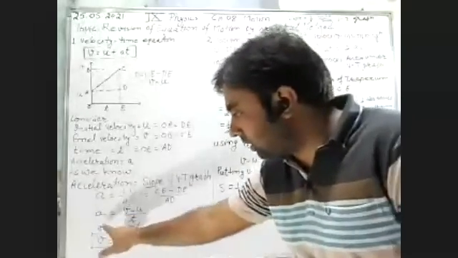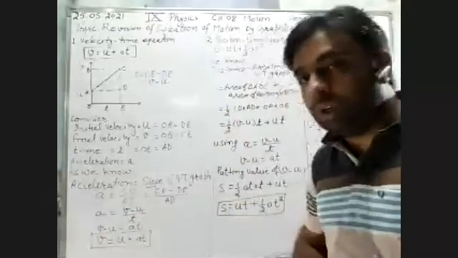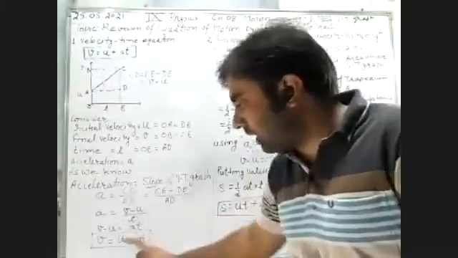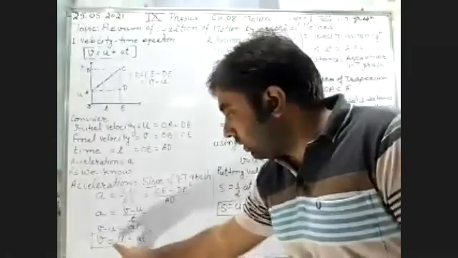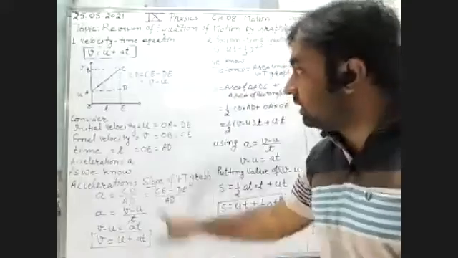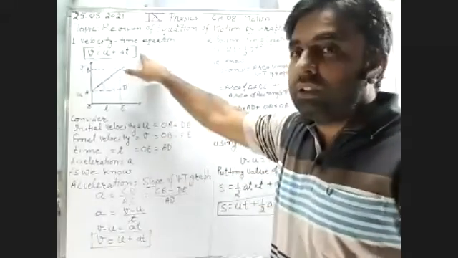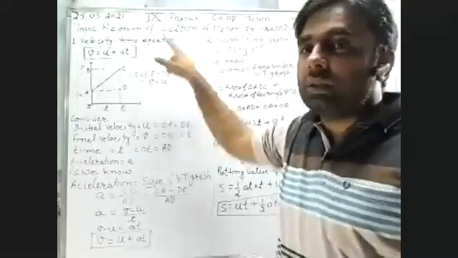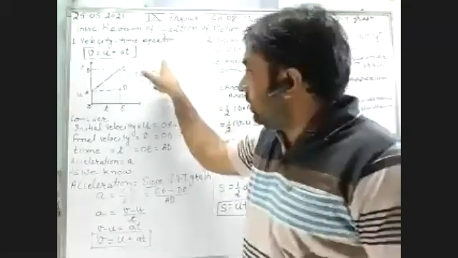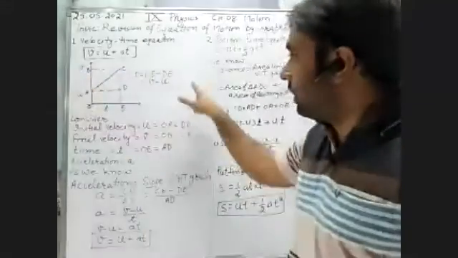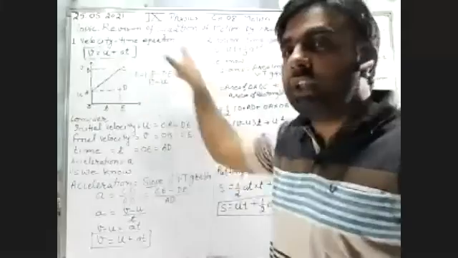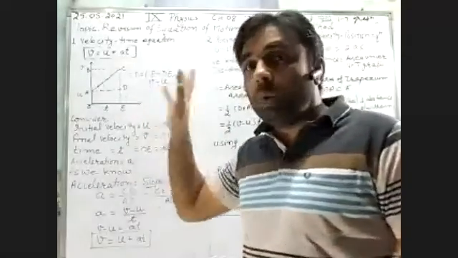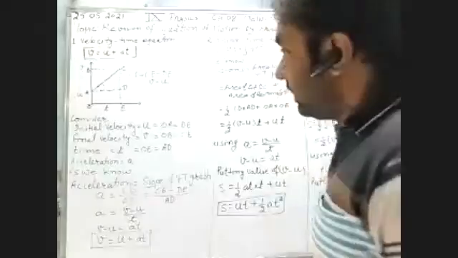So simply, by cross multiplication, t will come to the left hand side. So what will be the result? V minus u is equal to at. So u will come to the right hand side, minus will become plus. So v will be equal to u plus at. This is our required equation, the first velocity time equation. So students, you have to learn about the velocity time graph very deeply. This is the most important graph in 9th class.